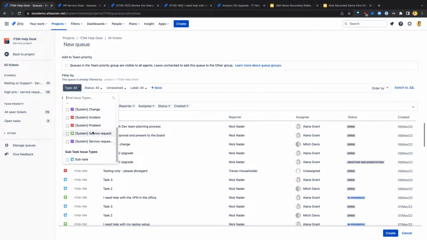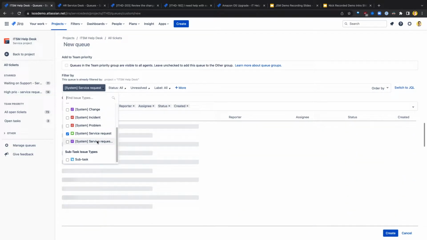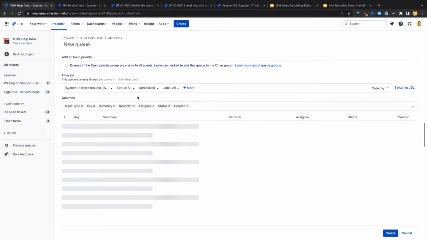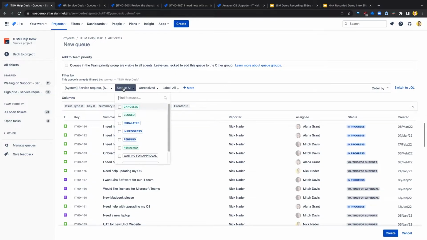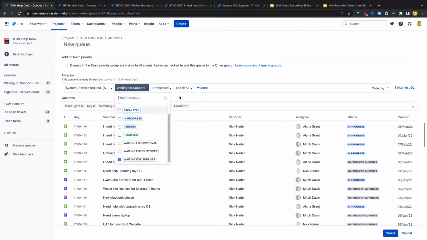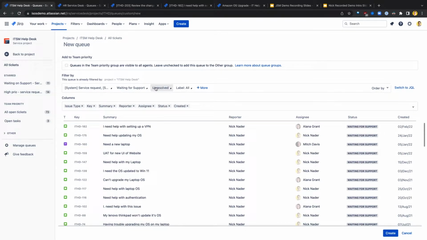So as an example, I'll use just normal service requests, maybe service requests with approvals as well, because they're kind of packaged in there. And so I'll select those two different issue types, and then I can select the status that they're in their workflow. So maybe the ones waiting on us, waiting on support. That makes a lot of sense. And then I can select a resolution state, so this is always checked unresolved because we don't usually look at the stuff that's already complete in these queues,